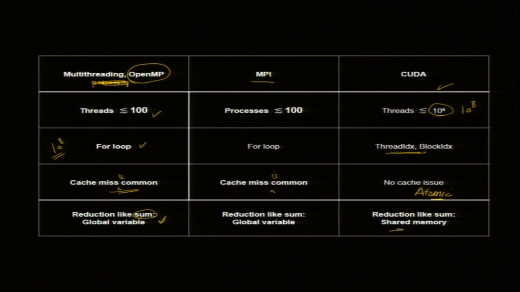But here, a variable like sum will be part of shared memory. You do not put it in global memory, and shared memory is fast. I should also make a remark, I think I did that. The memories of GPUs are the fastest, they are GDDR6 in AMD. These memories are very fast, and typically if you look at servers, they are DDR5, double data rate. Higher the DDR, faster it is. So, GPU memories are fast, even the global memory is faster for GPU than CPU. Shared memory is very fast.